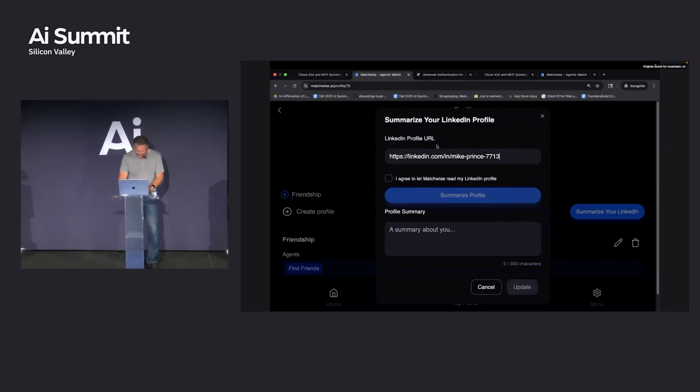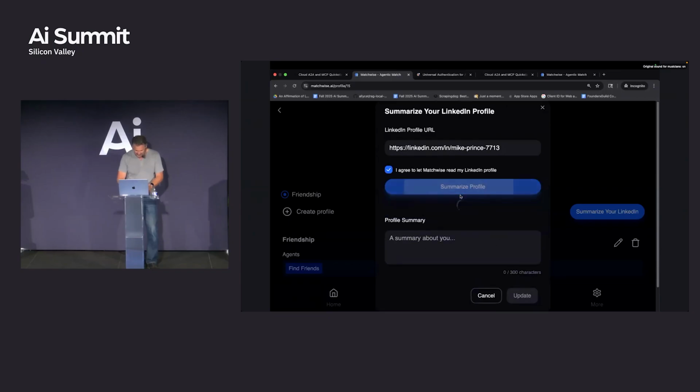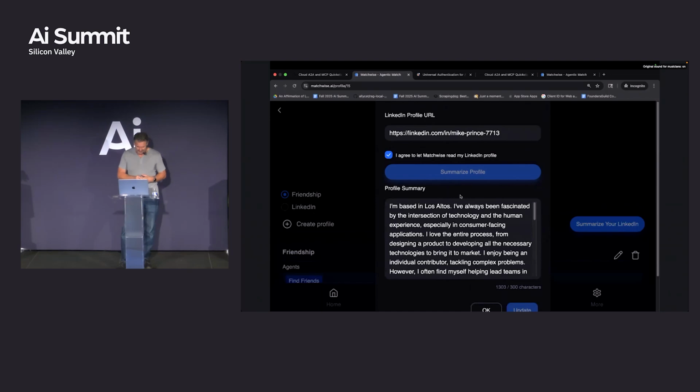So in this case here, if you want to, in my case, onboard users, get to know you without you doing a lot of work, I use this thing from Bright Data. I say, hey, Bright Data, it's cool for you to scrape this. It's my profile. Summarize it. I think it'll come up fast. I think it caches the results. I was doing this last night. Sometimes this will crash, and you may have to hit it and do it a second time. It'll usually pull up the second time. And boom, there we go.